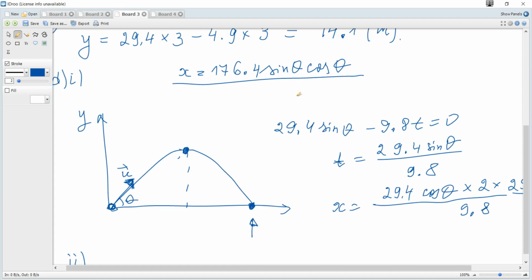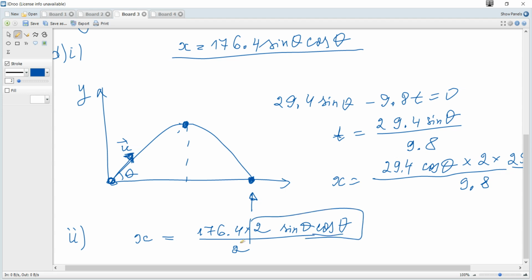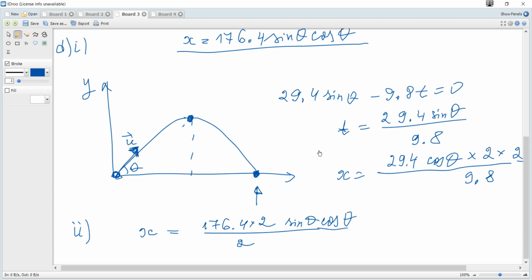And the simplest way is, we know that sine or cosine have a range. They change from -1 to 1, and we also know that 2 sine cosine is the sine of a double angle. So we can rewrite as 176.4, and if we multiply and divide by 2 and sine cosine, this is sine of 2 theta, so it becomes